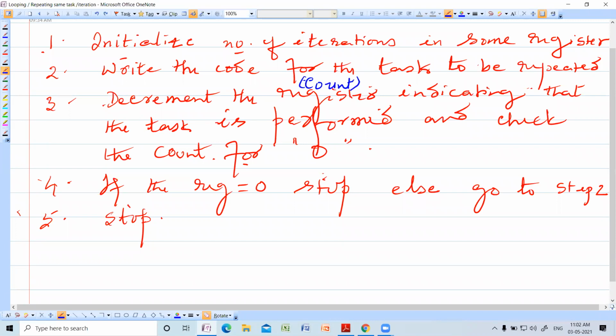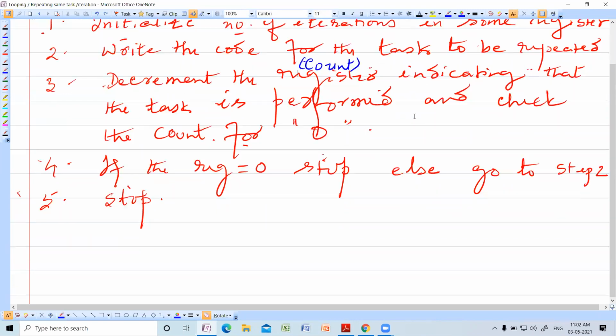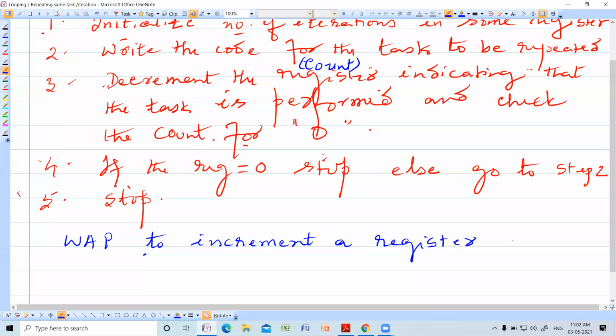So this is a very, very important program. So now let us write a program for this. Write a program to increment a register five times.